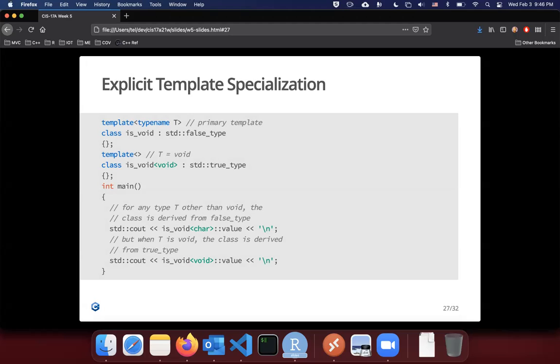And the specialization, there are actually two flavors. You can do a full specialization. Specialization, what does it mean? Specialization means that you are going to, now in the case of explicit or full specialization, you'll see, let's say we have a primary template called is_void. And this is_void actually